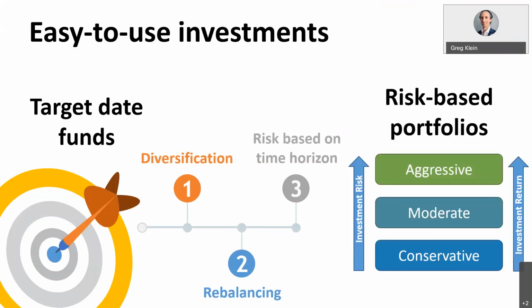In your 401k or 403b, you might have some risk-based portfolios as well. Those work the same way. It's just rather than a target date that you're selecting, you're picking your risk level, conservative, moderate, or aggressive. And those are going to be diversified. They're going to be rebalanced. You just have to make that adjustment over time. As you get closer to retirement, if you're an aggressive portfolio, you might want to think about shifting that to more moderate or conservative with those risk-based portfolios. But that's doing a lot of what we've discussed already in one simple step, using an asset allocation investment like a target date fund or a risk-based portfolio that's available in your account.